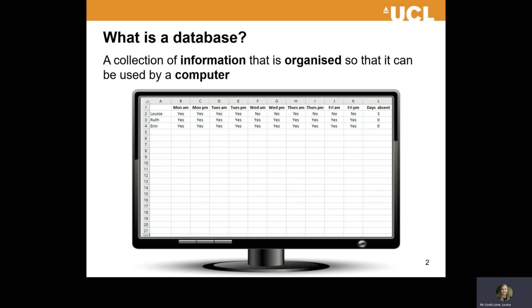Before I was a researcher, I was a science teacher, and twice a day, every day, I had to take an attendance register, usually during the first lesson in the morning and the first one after lunch. In lots of schools, teachers record who's in their class straight into a computer, but in some schools, this information is collected on a piece of paper that gets sent to the office and then typed into a computer by somebody else. Whichever way it's collected, this information about which students are in school on which days is one example of a data set.